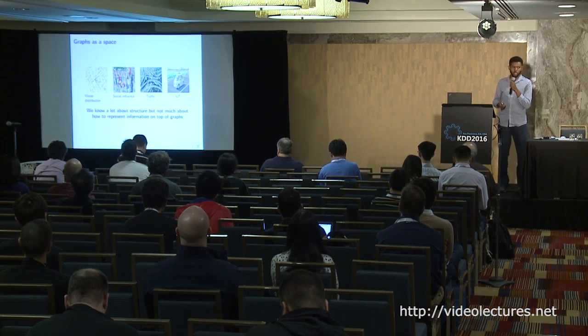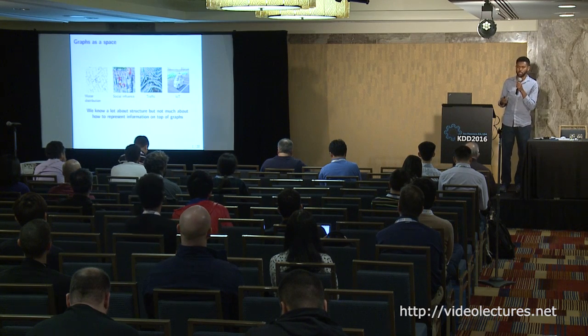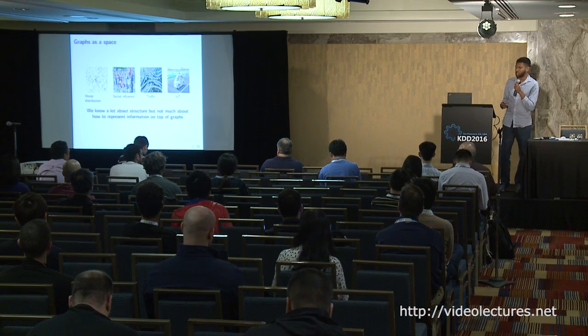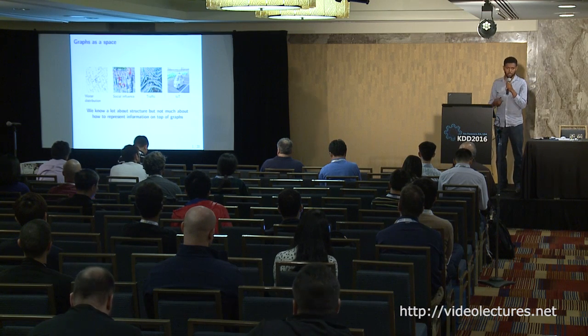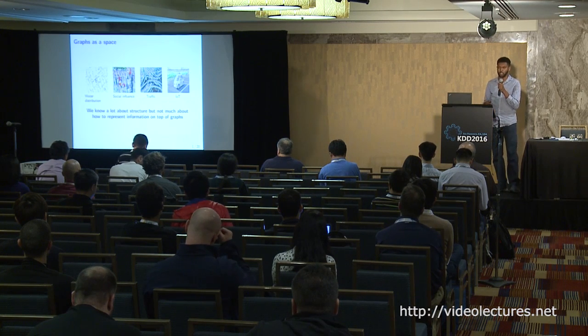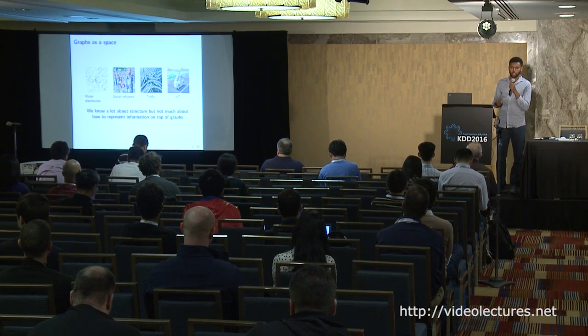Our claim is that while we know a lot about how networks look, we don't know much about how to represent information that's on top of those. And these scenarios are becoming more and more popular. If you think about the Internet of Things, you see all these devices like sensors and things like that. They will be collecting data, they will be generating data, and we want to better represent this kind of data.